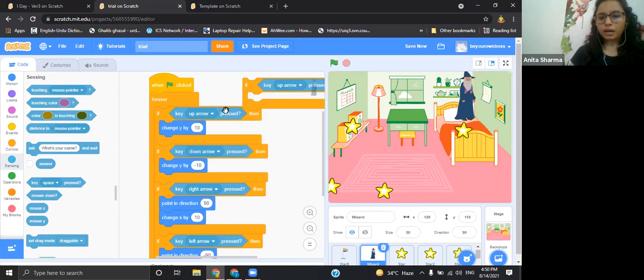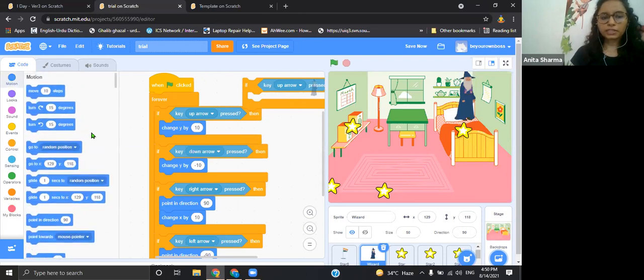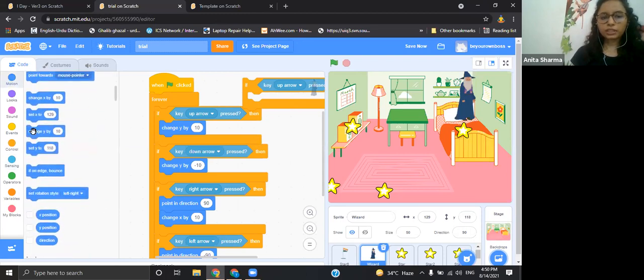With up arrow, you'll go in motion, and in motion there is a block, change Y by. Y takes care of vertical motion when you go up and down. So with up arrow, it is positive 10, and with down arrow, it will be negative 10.